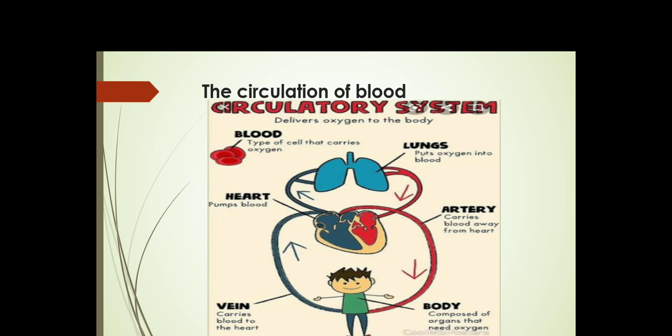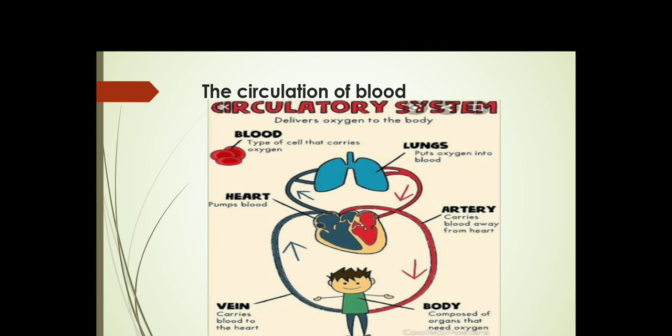In the lungs there will be the exchange of gases, meaning our lungs will take in the oxygen and remove the carbon dioxide. Now what will happen? The blood becomes pure. The pure blood will enter the heart through the left side. Now the blood will be pumped throughout our body.